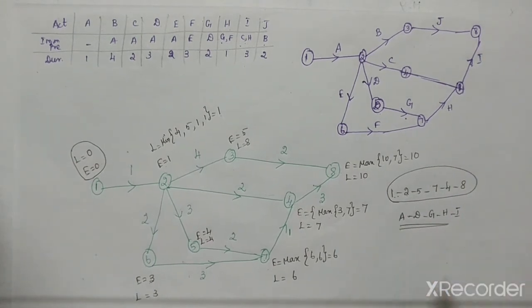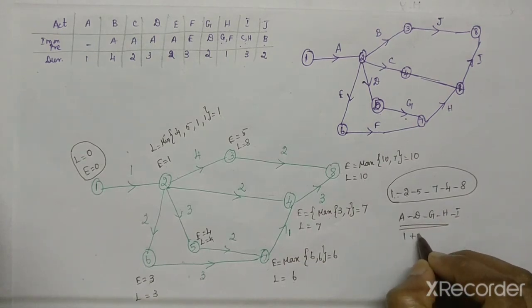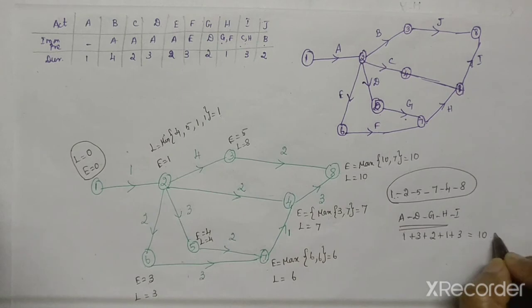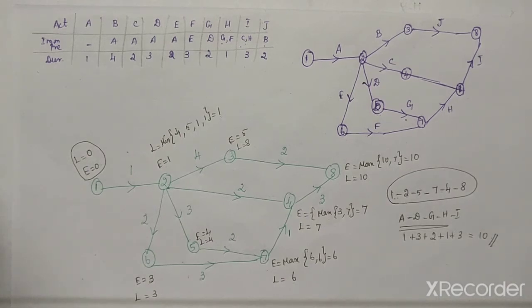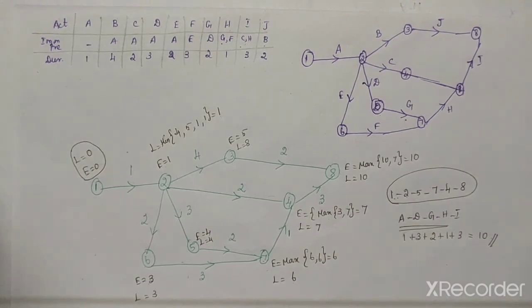So this is your critical path, and the duration is also, for A you have to write 1, D you have to write 3, for G you have to write 2, for H 1, I 3. So totally 10. So this is your final answer. So first you have to draw the network, then only can we come to the critical path. So I will give 2 homework sums. Do that. If you have any doubts, ask me. Thank you.